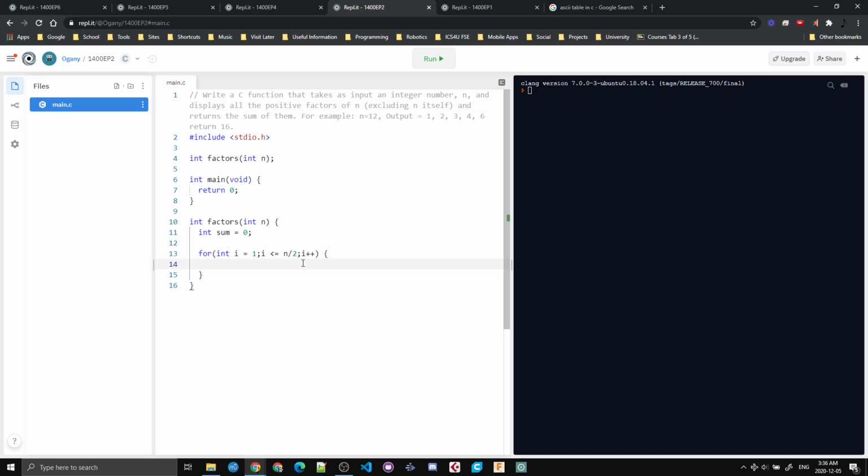Just like that. Now, oh wait, we have to validate first. We're going to be checking I: is n divisible by I? So how do we do that? We use the modulo operator, which is a percent sign. If n modulo I is equal to 0, basically meaning when we divide n by I, do we get a remainder of 0? Meaning, is there no remainder? Meaning, is it divisible? If so, then we can